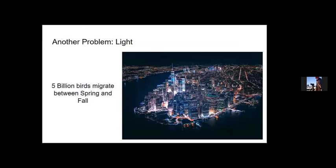A short problem that we wanted to touch on with high schoolers, just younger people in general, is light, because birds do migrate, obviously, and they get distracted by light. So this is New York City at night. Flying over it is pretty cool for us, but flying over it as birds is super distracting. They probably would fly either the wrong way or get distracted and totally off course. So that's another problem we would like to touch on, but obviously not as big as